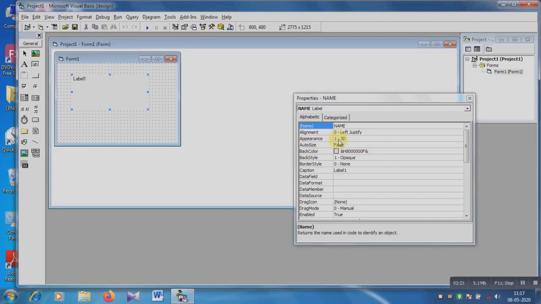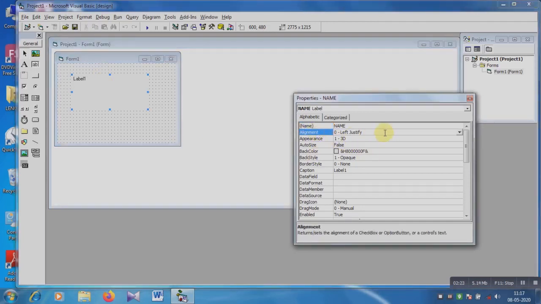And then change the alignment. Alignment means the position of the starting word. Here three alignments are there: left, right and center.